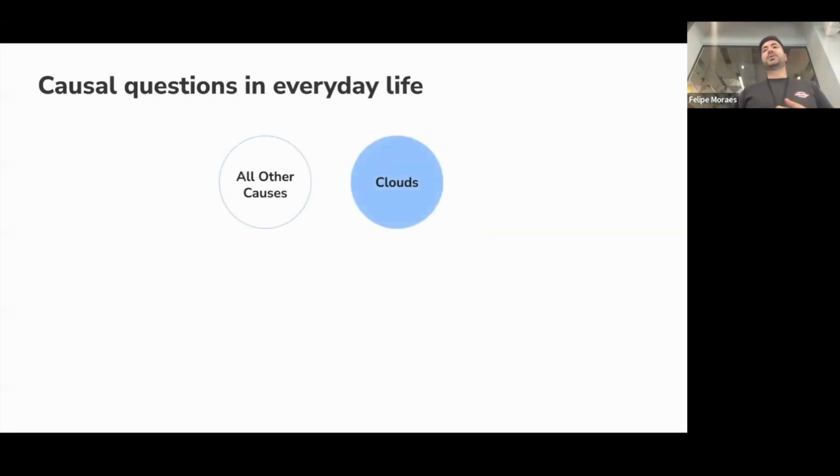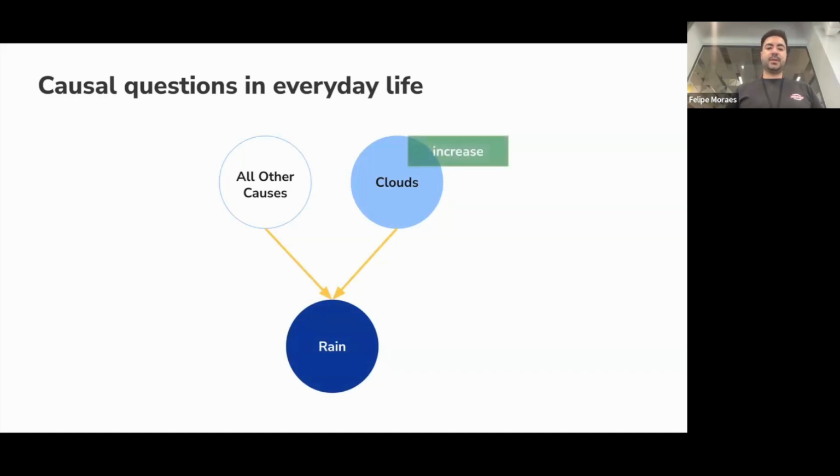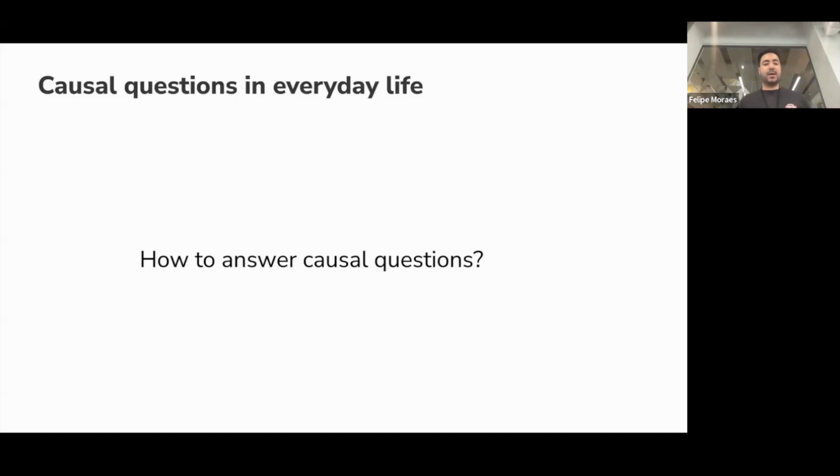So in causal inference, we look at one aspect that we want to focus on. We want to control here the clouds, and we also look at all the other factors and want to know if the clouds are actually going to produce the rain. Then we can determine, if you could control for clouds in the sky, which we actually can't, whether we are going to observe an increase in the amount of rain. So back to the question of how to answer those causal questions. That's a bit of an introduction to causality, and this is what I want to bring to you in this first part of the tutorial.